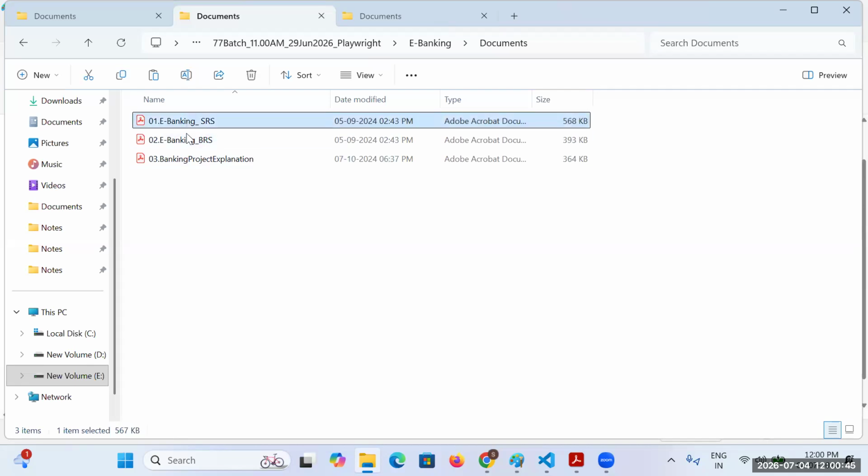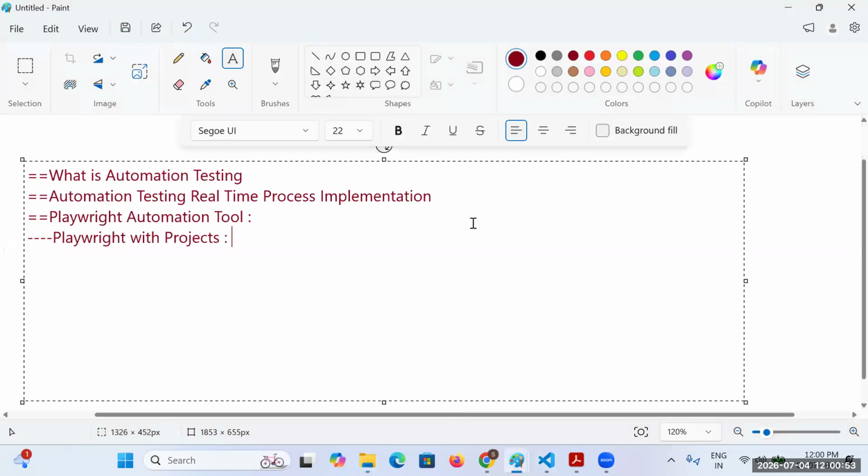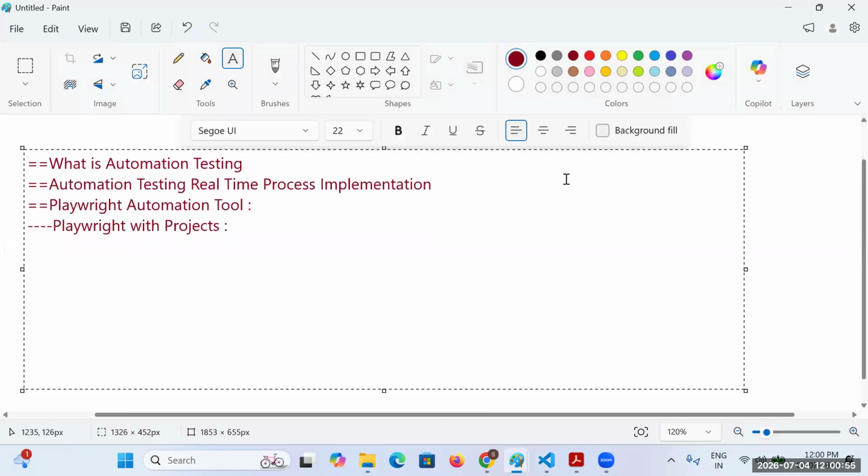Both the documents need to be referred to and understood, so that we know how exactly we can continue the testing. As you guys are already aware from manual testing, the full form of BRS